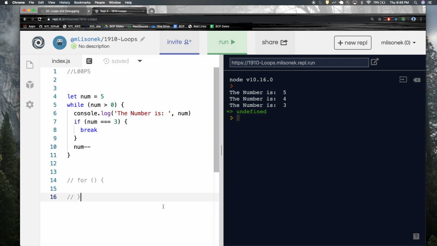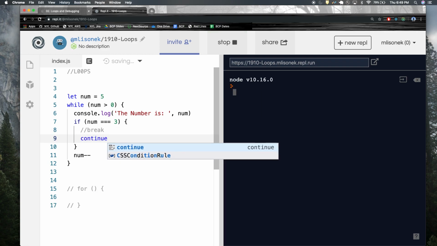There is also another keyword that does not break out of the loop, but I'll comment this out for now. If I wrote continue,